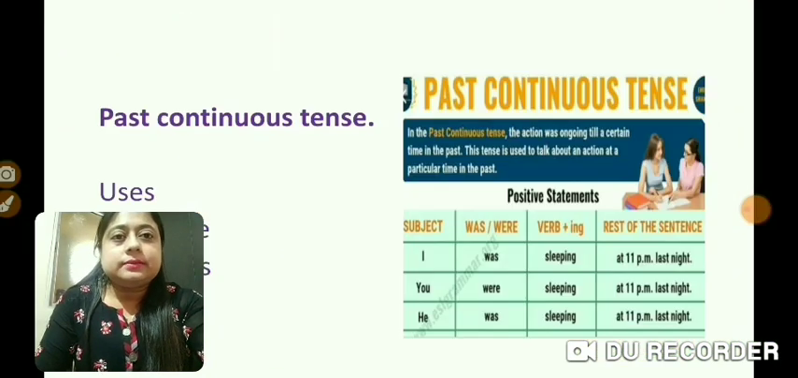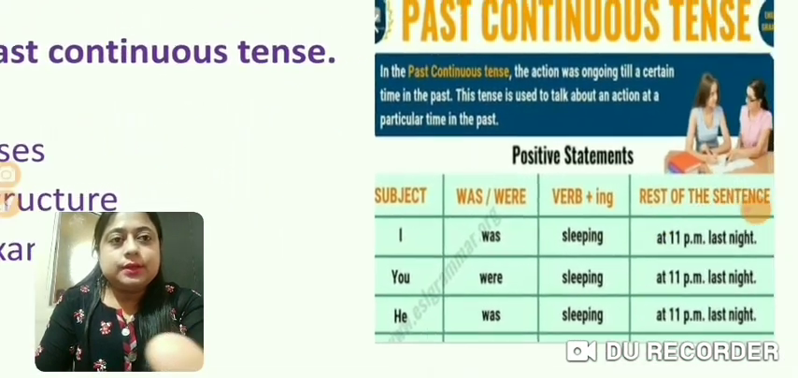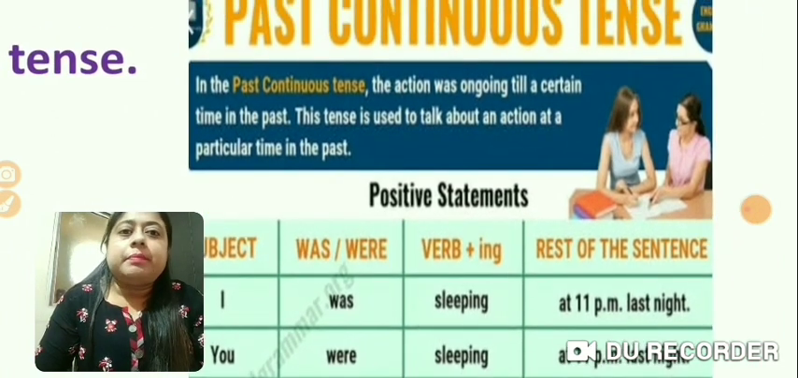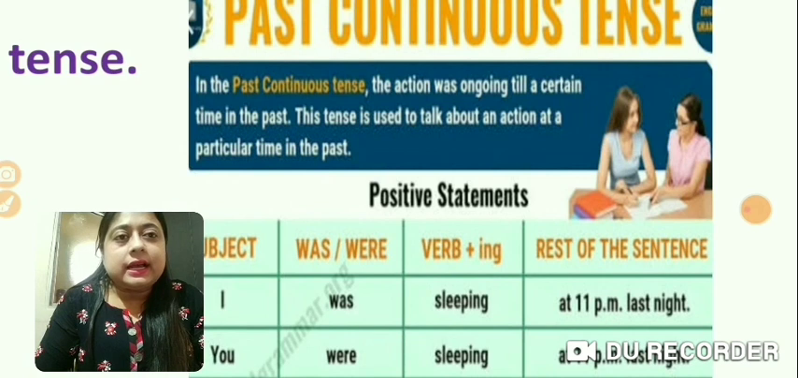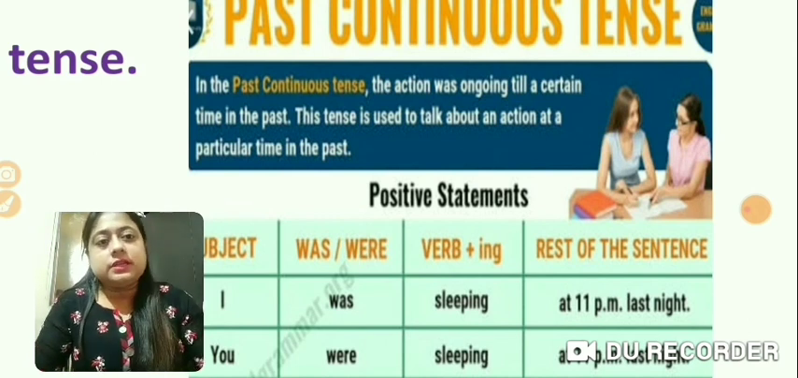So the next topic is past continuous tense. So let us see. In the past continuous tense, the action was ongoing till a certain time in the past. This tense is used to talk about an action at a particular time in the past. Okay, so we mention that particular time at what time that action was going on, or till what time that